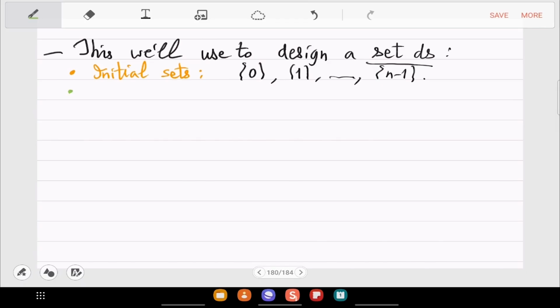So the first operation is same set. This is the function that the mathematical model of the set data structure affords.